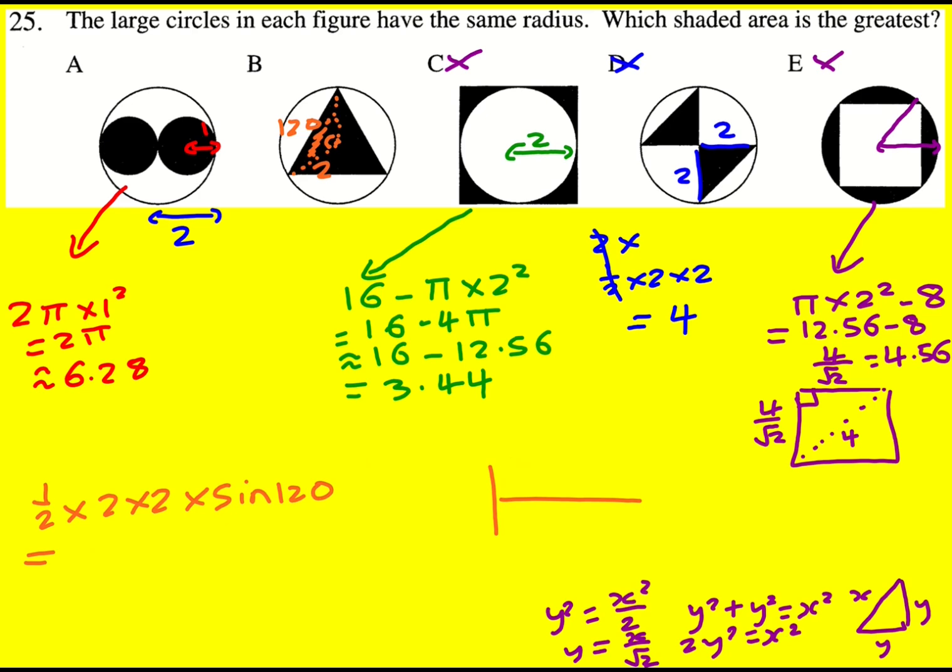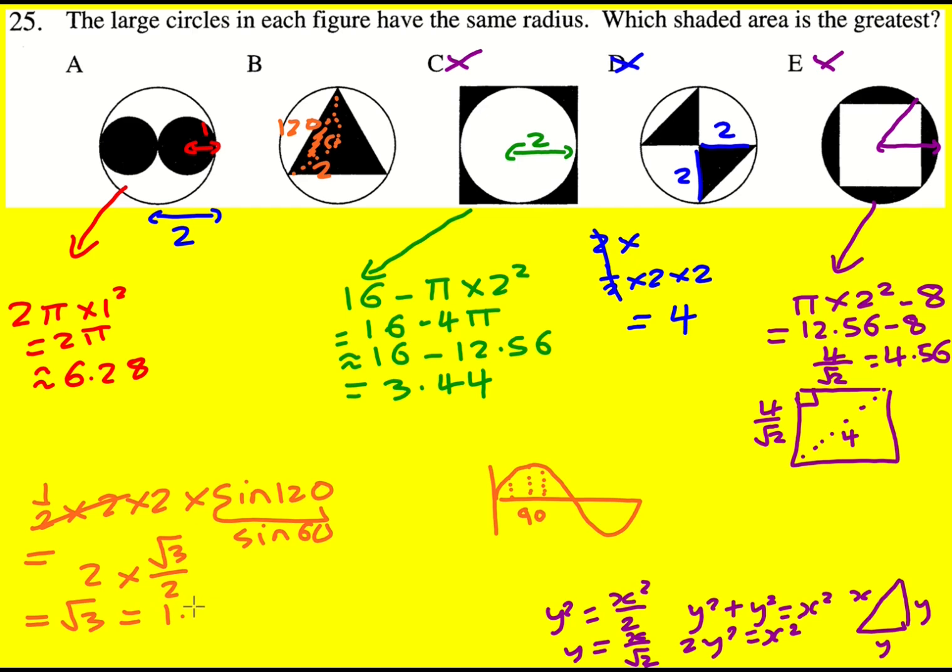I'm going quite far into GCSE maths right now with this kind of stuff. If you look at the sine curve and you know about it, then it's symmetrical about 90, and so 30 above 90 is going to be the same as 30 below 90. It's the same as sine 60. The half and the 2 cancel, so it's 2 sine 60, which is actually root 3 over 2, which ends up being root 3, which is about